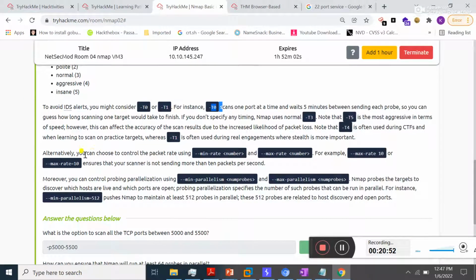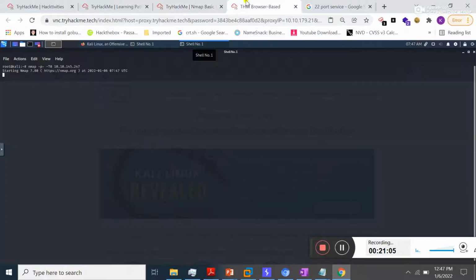Alternatively, you can choose to control the packet rate using these switches. Here you can see hyphen-hyphen min-rate and then the number of packets. Let me show you.